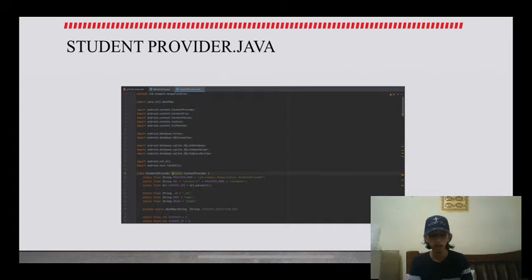For the class StudentProvider extends ContentProvider, static final String PROVIDER_NAME equal to